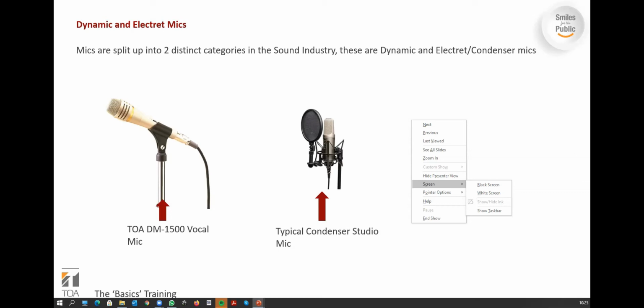All right. So microphones in the industry are basically split up into two distinct categories. Generally, across the industry, we have mostly two types of microphones. These can be dynamic microphones, all right? These can be electret or condenser microphone. As you see on my slide, you do have what you say condenser microphone is this one that has,